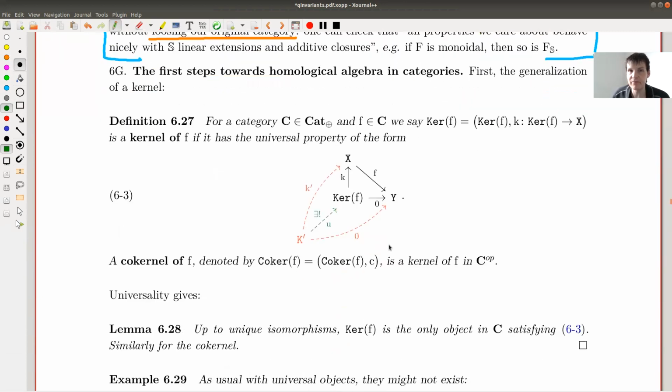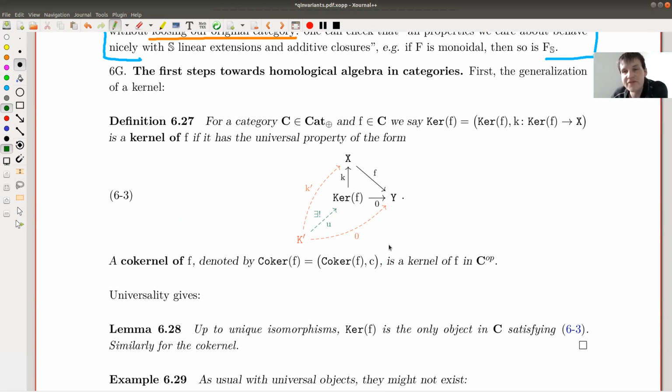Good. So I really recommend to read this part. This is much longer than it's supposed to be because it's homological algebra. It's hard. So you probably want to just read it in the notes, which are of course linked down in the description. It takes a while to get there. So instead of going through all this, let me just do the definitions very quickly and run you through examples.